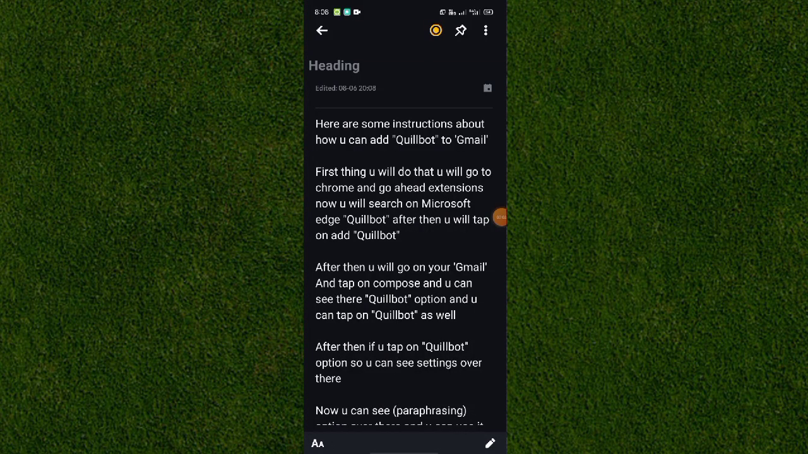In this video, I will show you how you can add Quillbot to Gmail. So here are some instructions about this guide. First, you will go to Chrome and go to extensions, and after that you will tap on extensions. Now you will search for Quillbot on Microsoft Edge. After that you will tap on add Quillbot to extension,